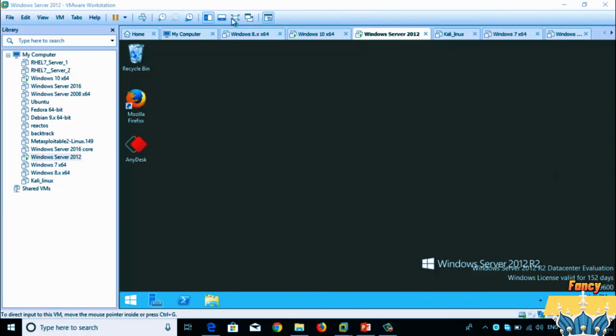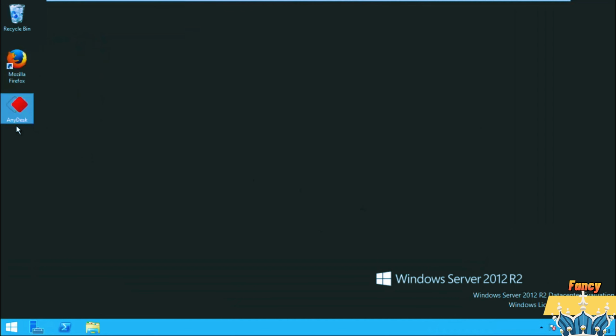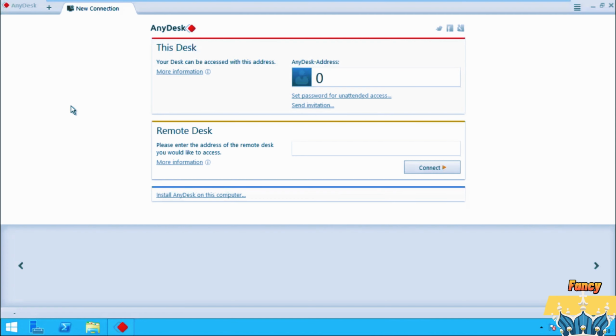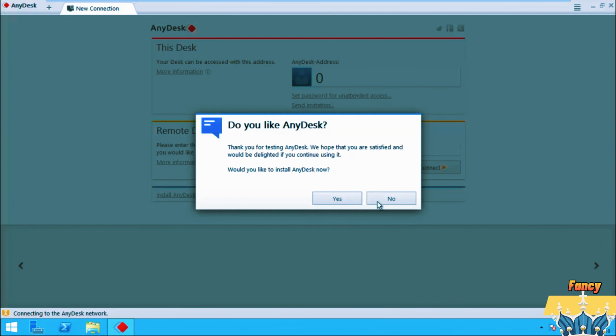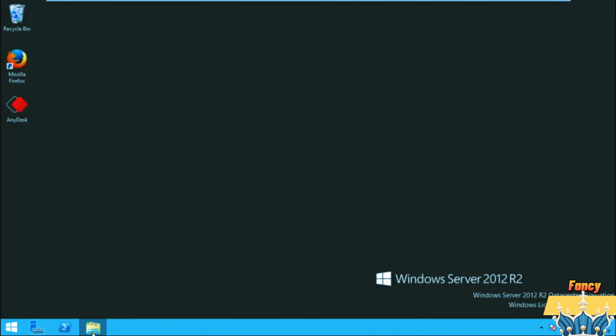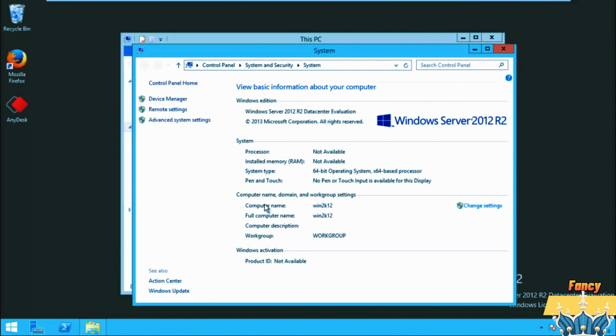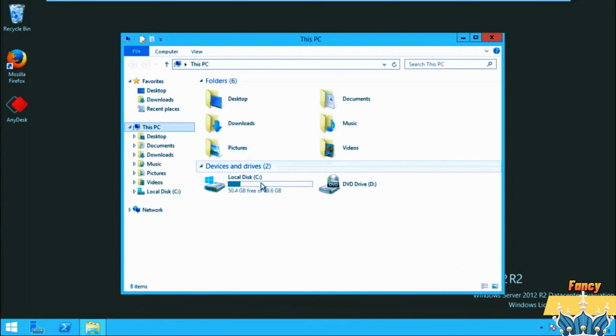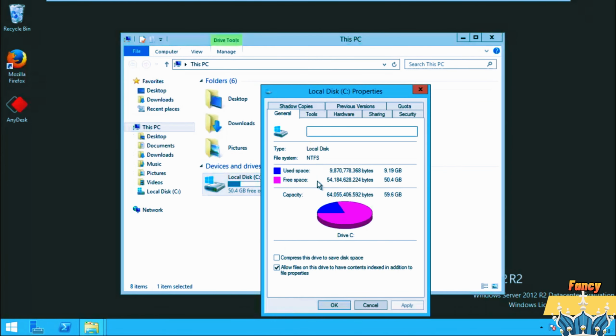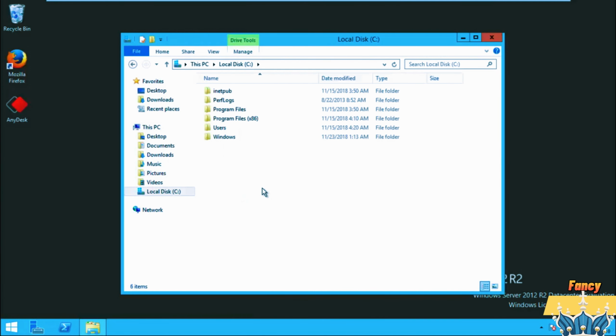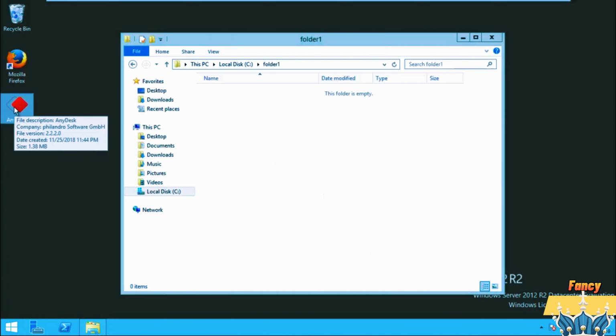Here I have a Windows Server 2012 machine and I have one setup file, AnyDesk, and it is working fine. Here you can see. Now let me create one folder, but before creating the folder, just verify your partition is formatted with NTFS and the file system is NTFS. So let me create a folder with the name folder 1, and now let me copy